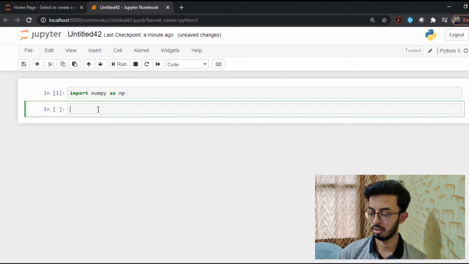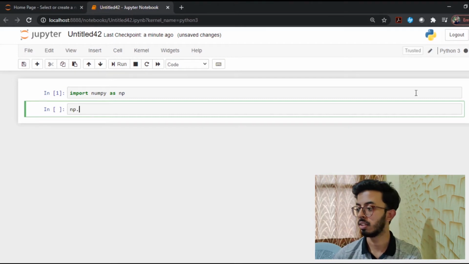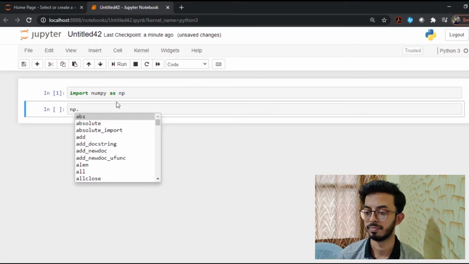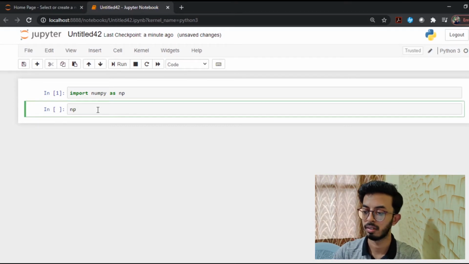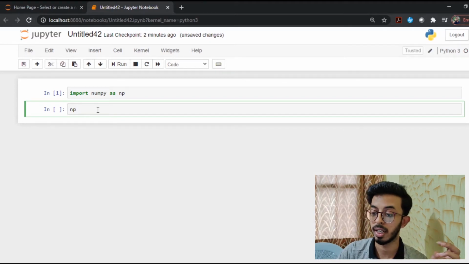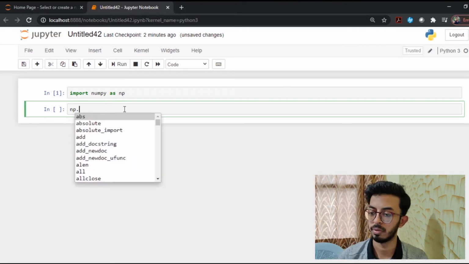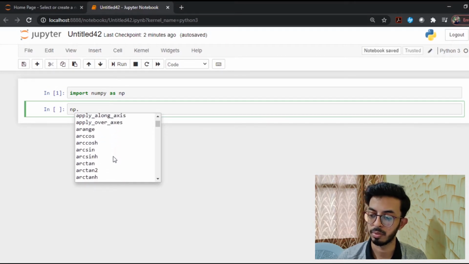And there's a small trick here. When you type np dot and press tab, as you can see, Python is analyzing stuff. There's a black dot here, it's running. So there's a small trick to see what all the functions NumPy has. You just type dot and click tab. It could take a few seconds, but it will eventually show. So these are all the functions which NumPy comes with inbuilt.